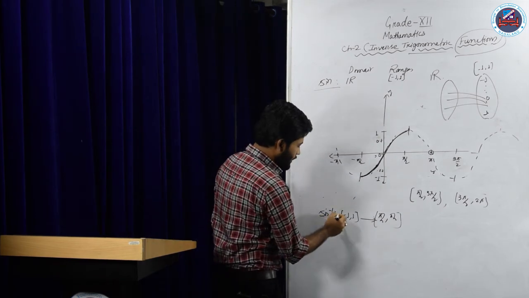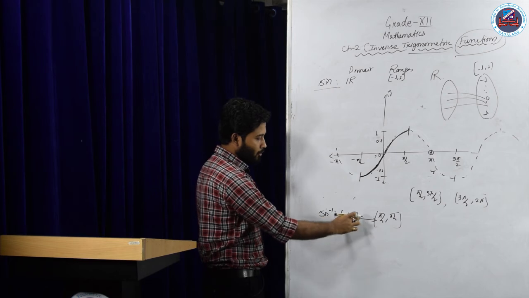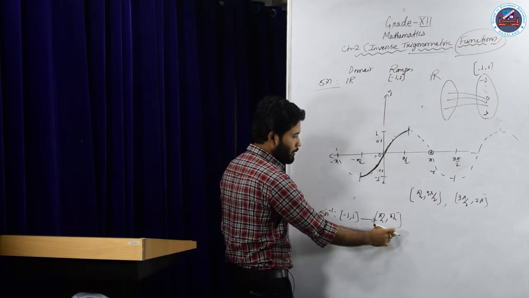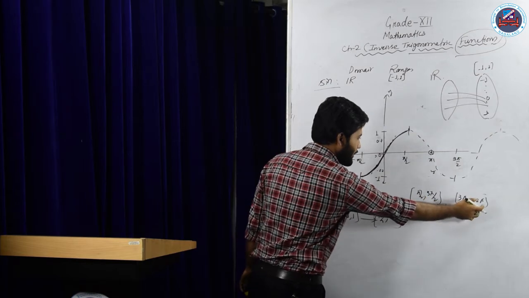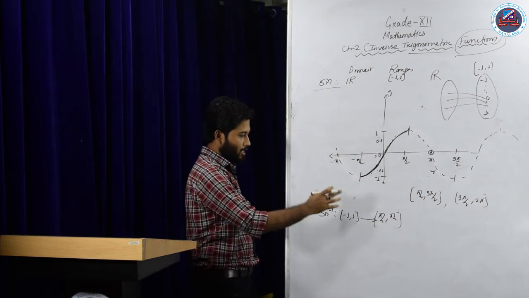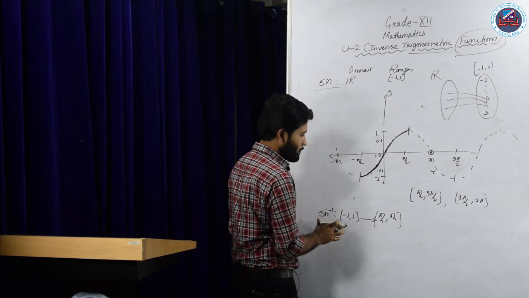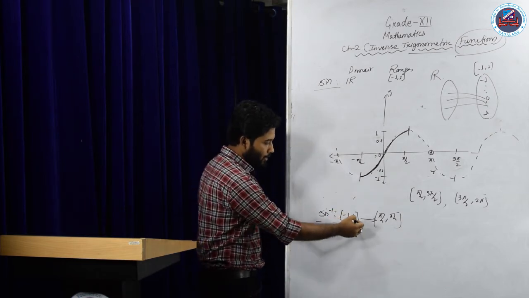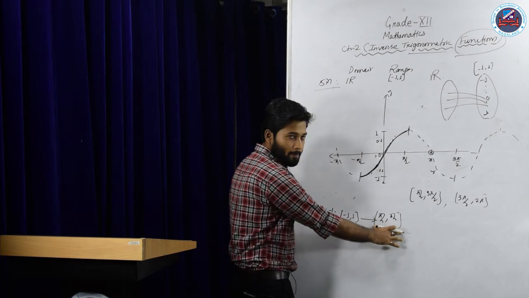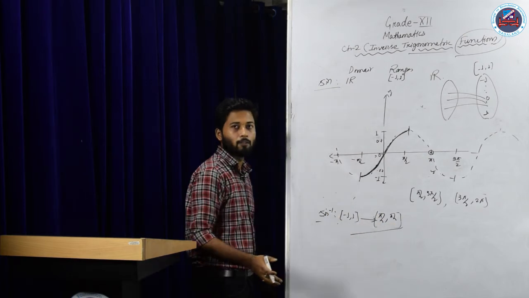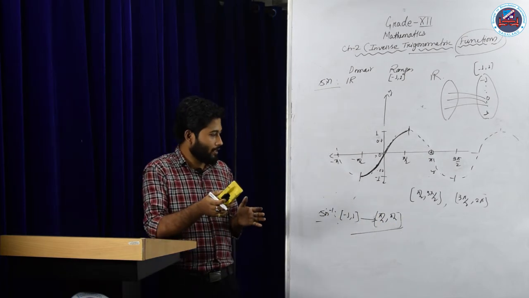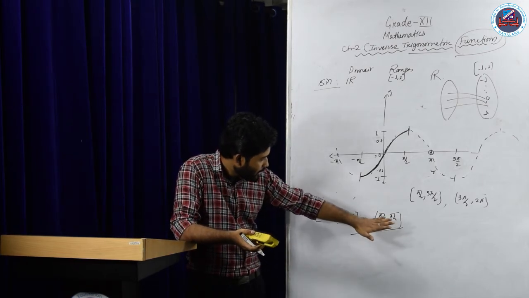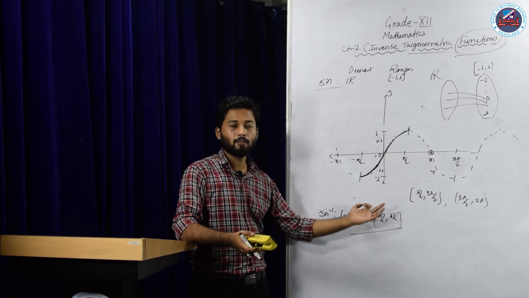So the sine inverse function can be defined from the domain -1 to 1 to all of these ranges, that is minus pi by 2 to pi by 2, pi by 2 to 3 pi by 2, 3 pi by 2 to twice pi. These are called the branches of the sine inverse function, and the function defined from -1, 1 to minus pi by 2, pi by 2 is called the principal value branch. In this chapter we shall emphasize this particular branch, the principal value branch.